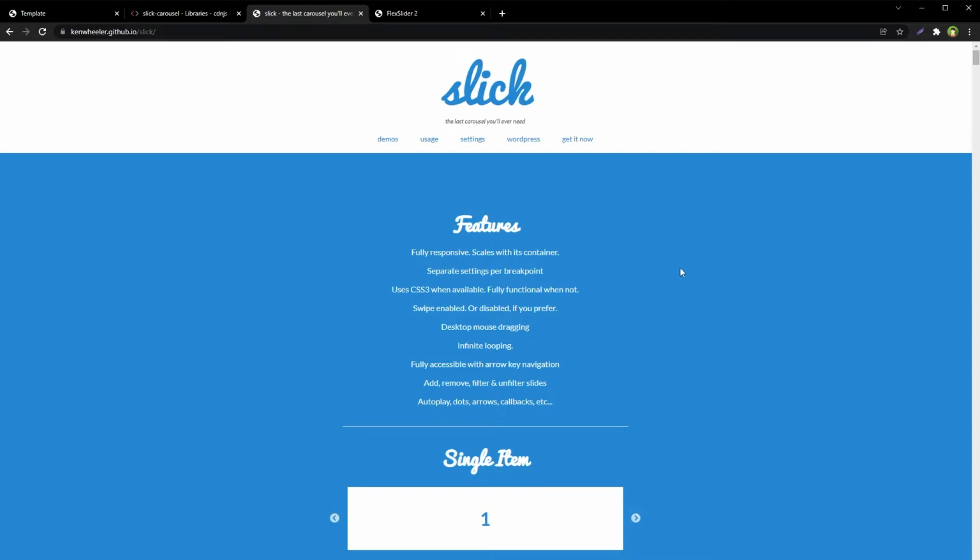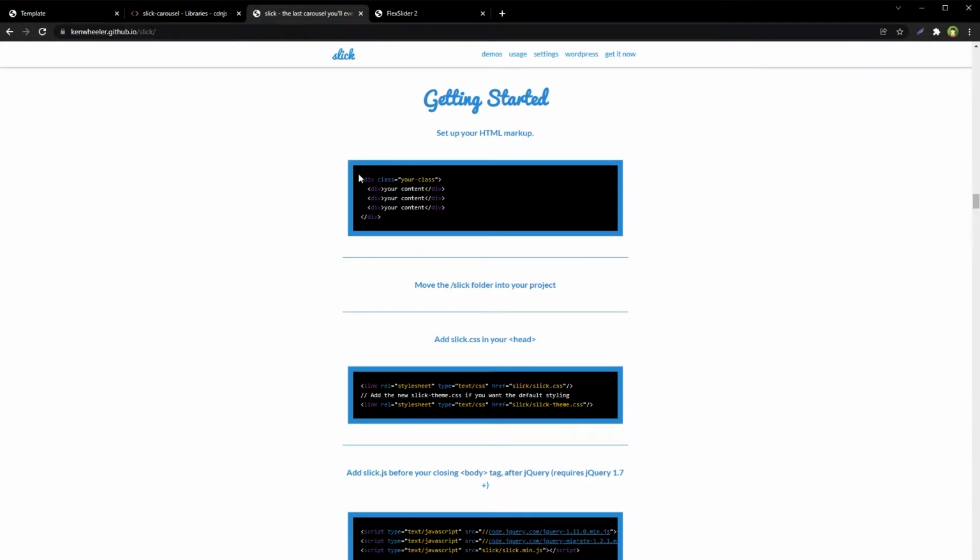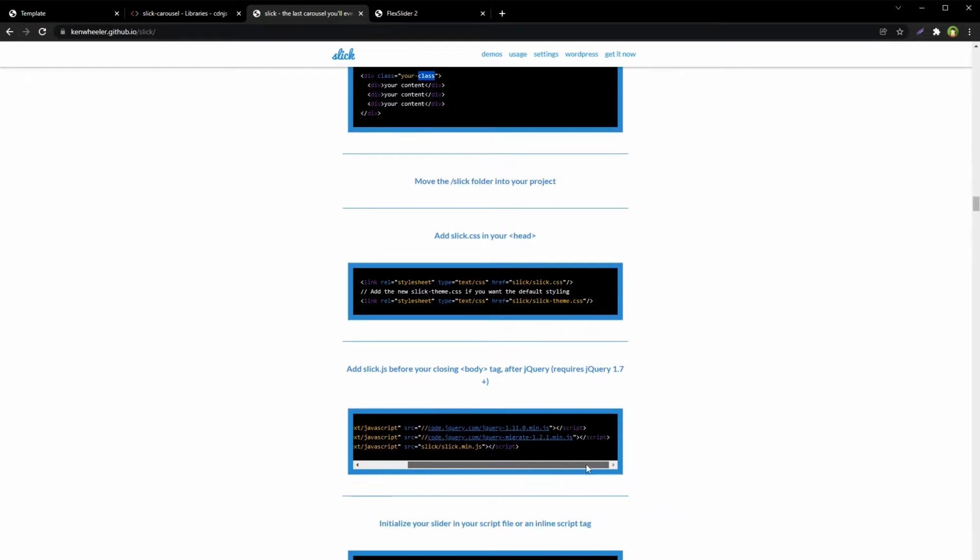This is Slick Slider. If we go to its usage, this is what we need to use: a main div and then divs inside it. These inner divs will be slides, and then the slider will be initialized at this main div. And it has got CSS files, and then it has got JS files that we need.